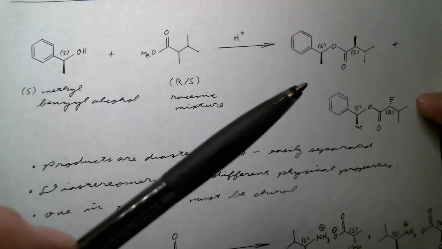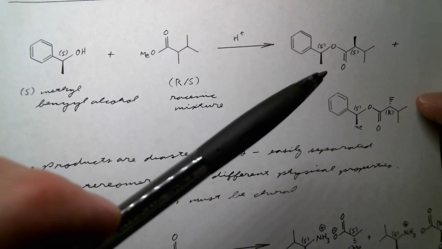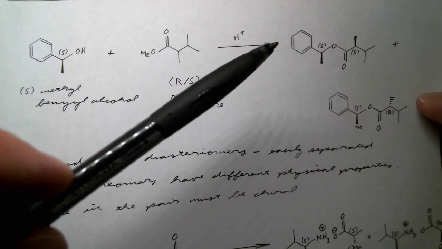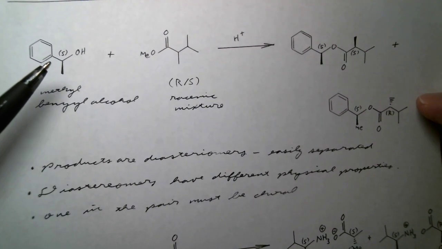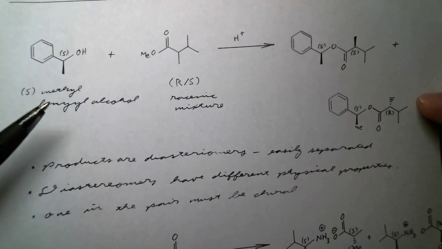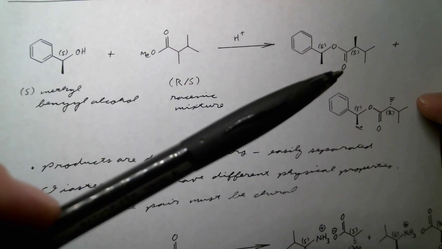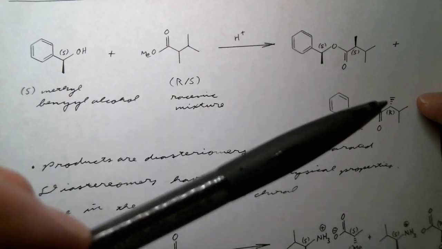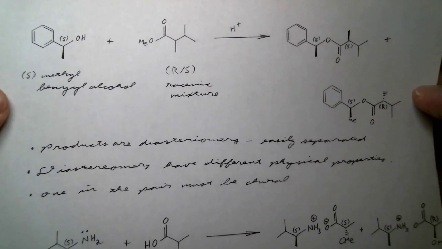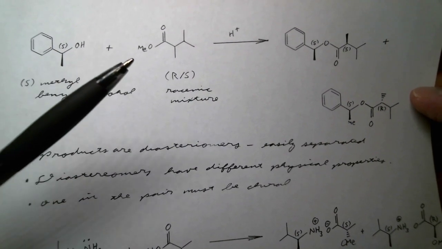So you can see we've changed that methyl group out to that S-methyl benzyl alcohol carbon group. And so if we use just a pure enantiomer, so just the S-methyl benzyl alcohol, then what we will produce are esters that are diastereomers. So we have an SS, but then we have an RS. And so the products of that esterification are diastereomers,